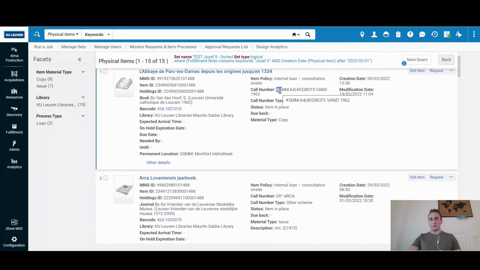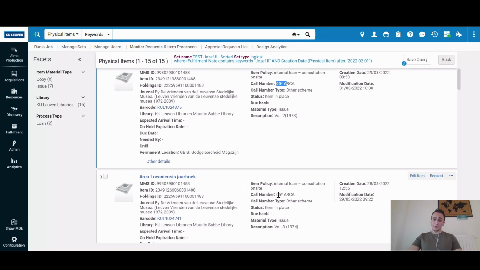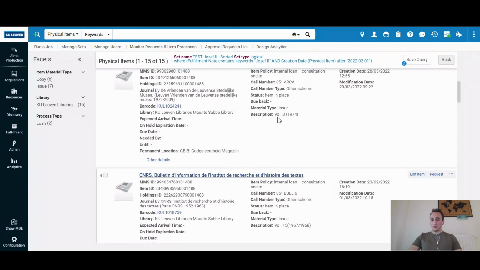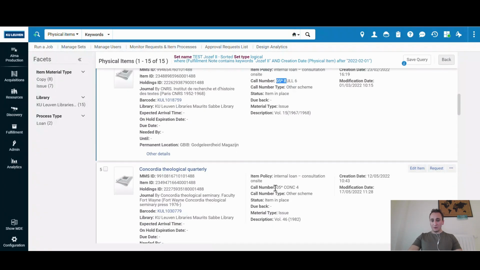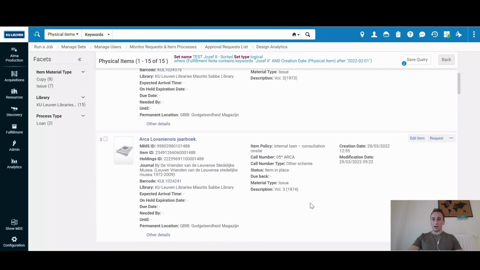So the order starts with a symbol, in this case the hashtag, and then we have the numbers, so 05*A. The next one has actually the same call number, 05*A, but the fourth item is 05*B, and then the fifth item is 05*C. So I can see that it works well. We have an alphanumerical order regarding our items.